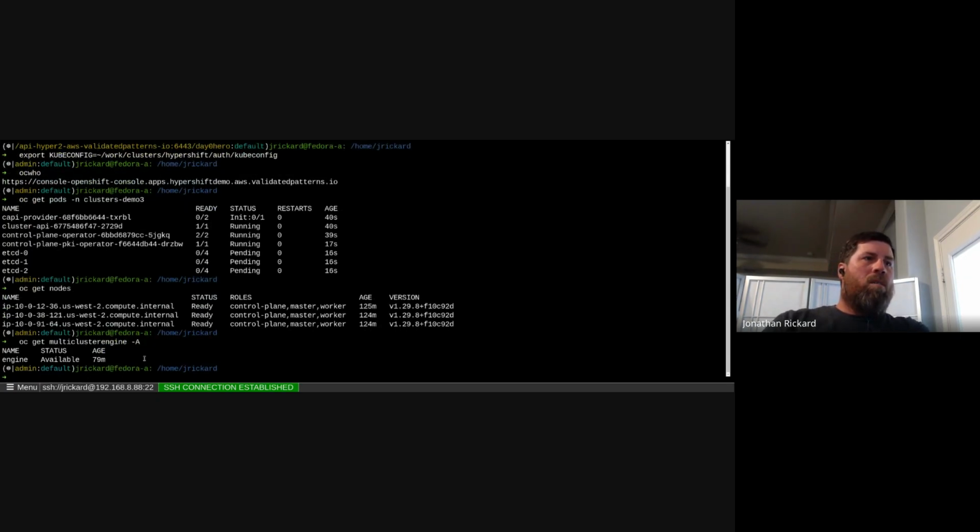I've got the MCE resource stood up here. And so basically any cluster that we create, we tell it to prefix it with this clusters dash, and it's the default, but you could set it to something else if you wanted to. When you stand it up, one of the resources that gets stood up is the namespace, the clusters dash your cluster name, and then it starts spinning up all the pods in there. So it'll set up the secrets and RBAC and all that. If I do oc get secret,